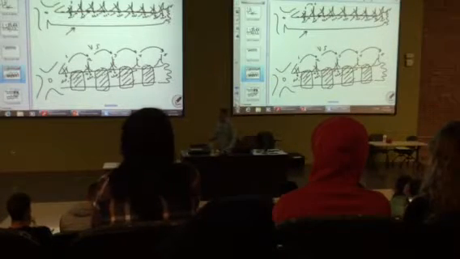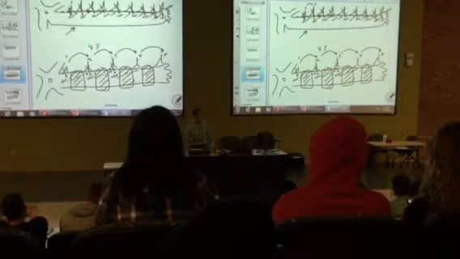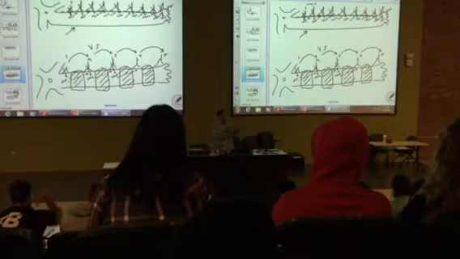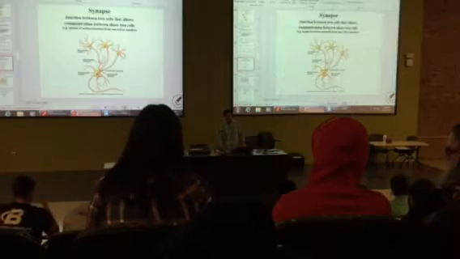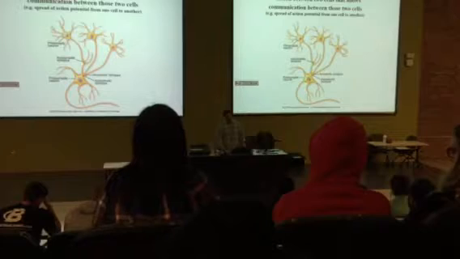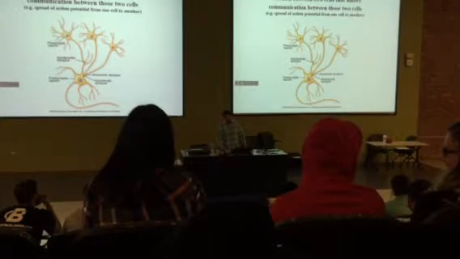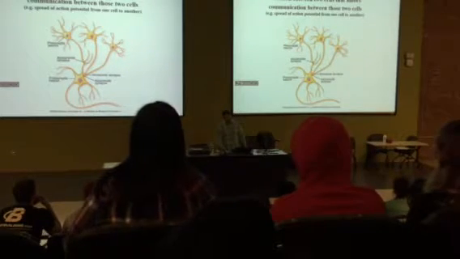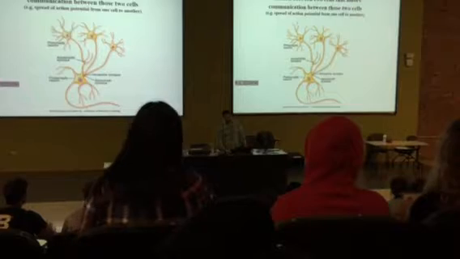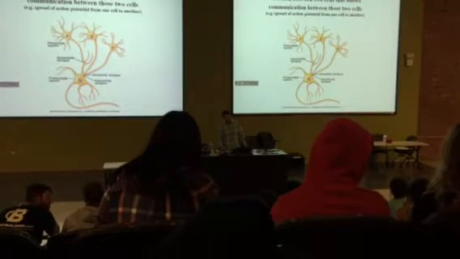Now again, is that the only reason conduction occurs? It's not. But it's one of the bigger reasons that it does. So let's talk about how we have communication between these cells that are coupled with each other via these synapses. Now in this particular picture, we have three synapses. We have this neuron communicating with this neuron through an axonal dendritic synapse. So the synapse is between the axon and the dendrite. This neuron is communicating with this neuron via this axon and the cell body.